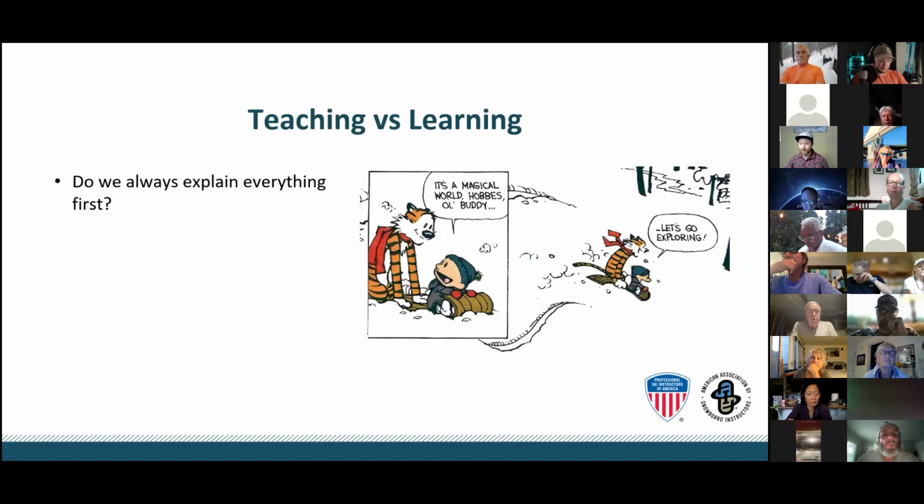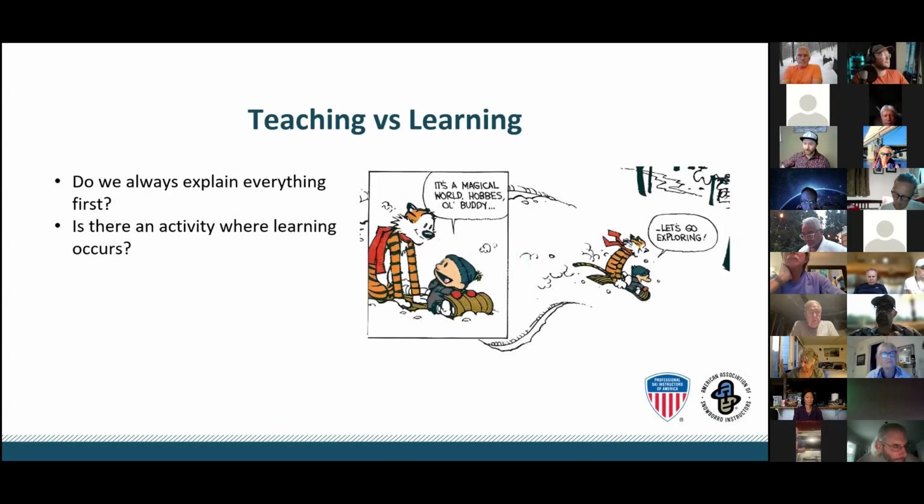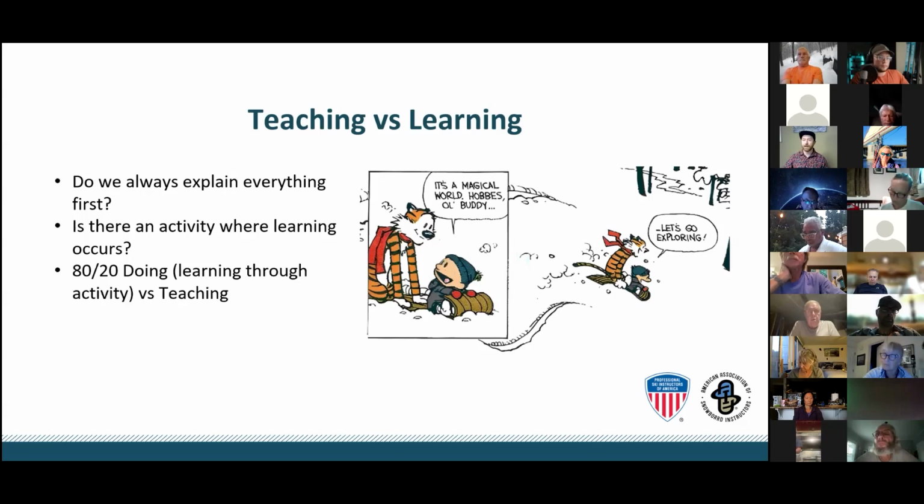But if I give them an activity, like draw a smiley face with their foot, and then I have them try the smiley face with their foot while they're sliding, and I let them experience that, and I don't tell them necessarily that turning is going to occur because of that, there's an opportunity where learning occurs based on the activity. And this is my favorite way to introduce stuff because there's such a strong connection to that moment in time, that aha, okay?